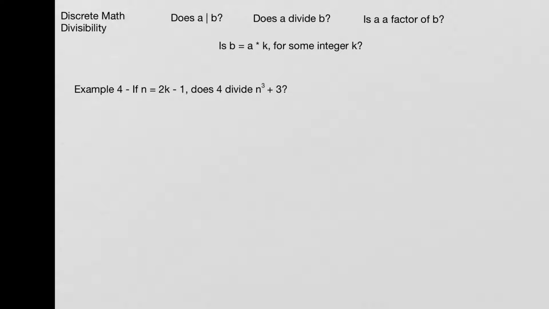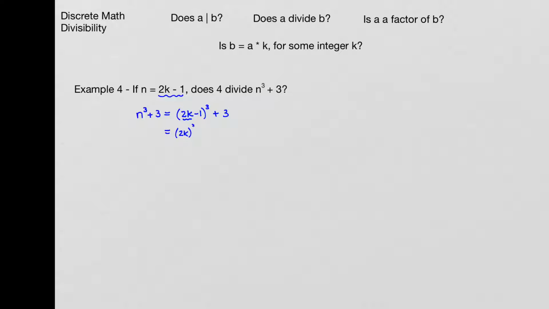And I'm going to say that n cubed plus 3 equals, well, we know that n is 2k minus 1, so I'll just substitute in the 2k minus 1 here, plus 3. And now I will multiply this out, the 2k minus 1 to the third power. Now there's a couple of ways of doing this. You can use FOIL and then use the distributive property, or you can use the binomial theorem if you remember that. And what that says is that you take the first term to the third power,